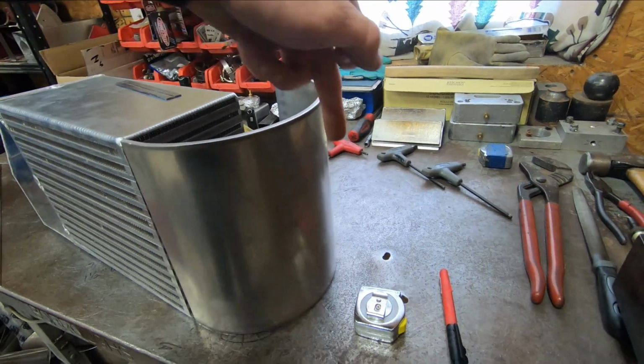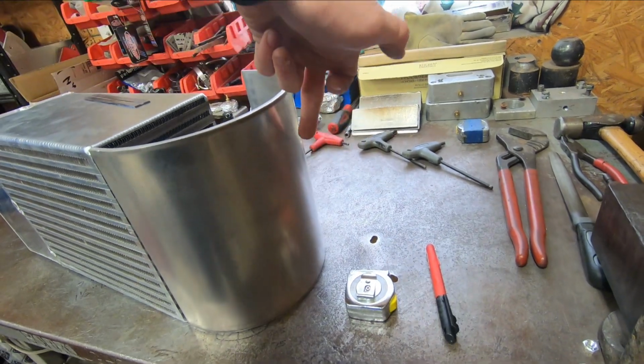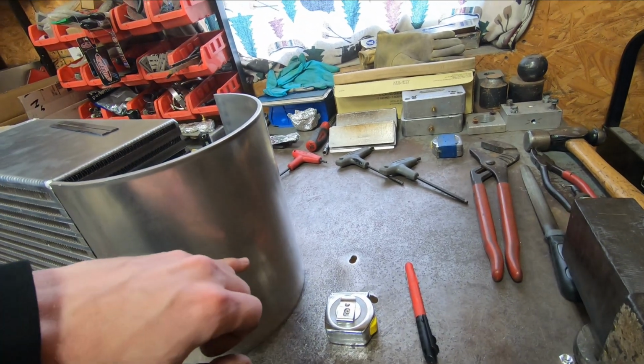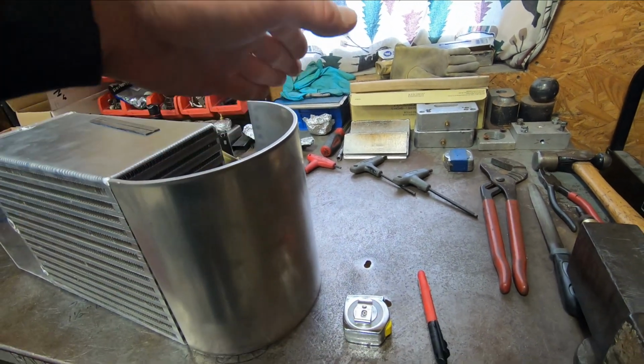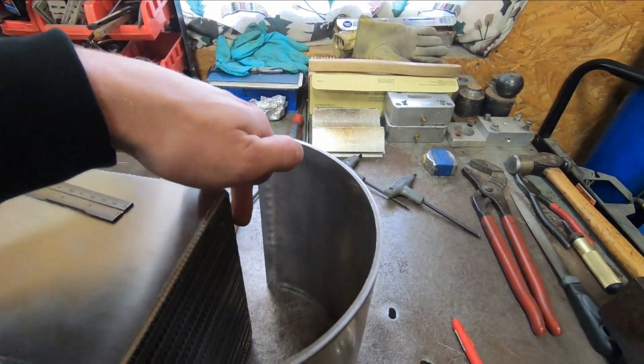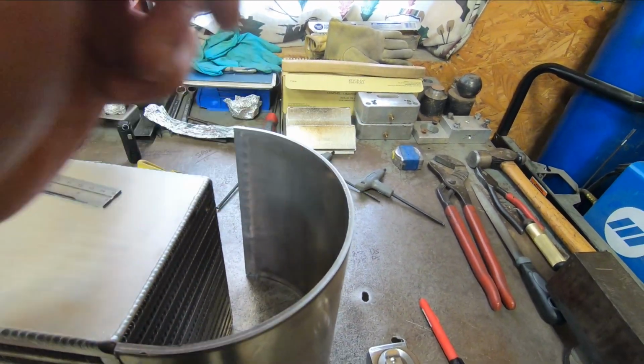From there, I can find my centralized point. I can mark out where a 4.5 inch flat will be on it, and that will serve as the body of the side of the tank. From there, I can make a trapezoid that goes on the back side and will match up to this tank here,